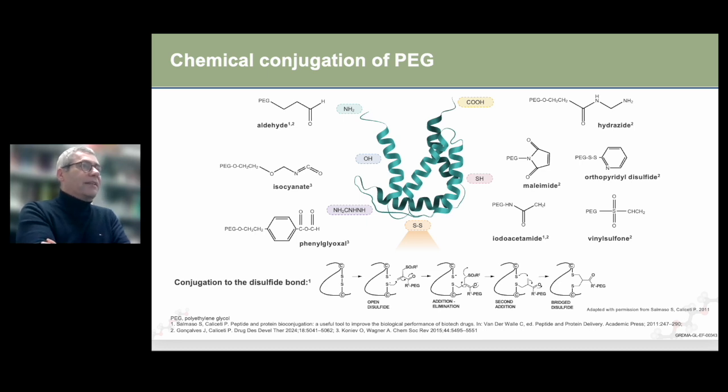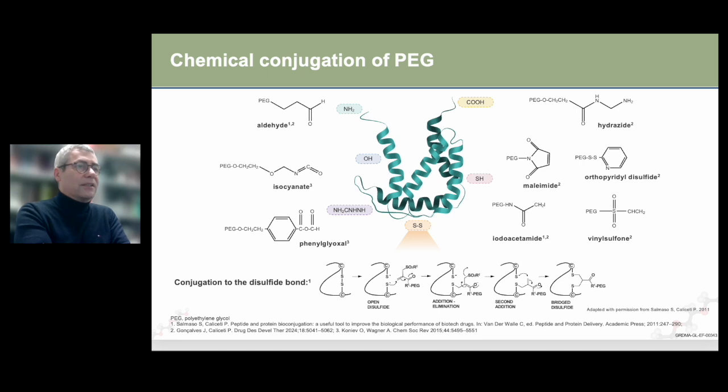For example, the aldehyde group is well used to conjugate the terminal amino groups of proteins. This is rather selective by working at specific pHs, which make these amino groups more reactive than the lysine amino groups of the proteins. Then there is the isocyanate, the phenylglyoxal, and then there are several derivatives which have been used for conjugation to